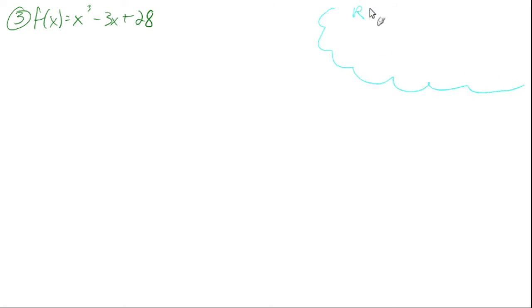All right, starting with number 3, they give us this function, x cubed minus 3x plus 28. If you watched that intro video and you were confused with all of the a sub n's and x to the n's and all that kind of stuff, we're just going to do the same thing now, just with specific examples. Okay, so what we will bring back from the intro video is the rational zero theorem says,